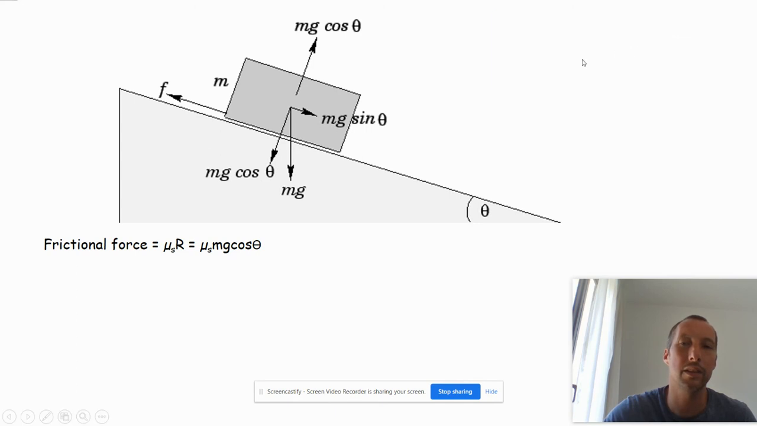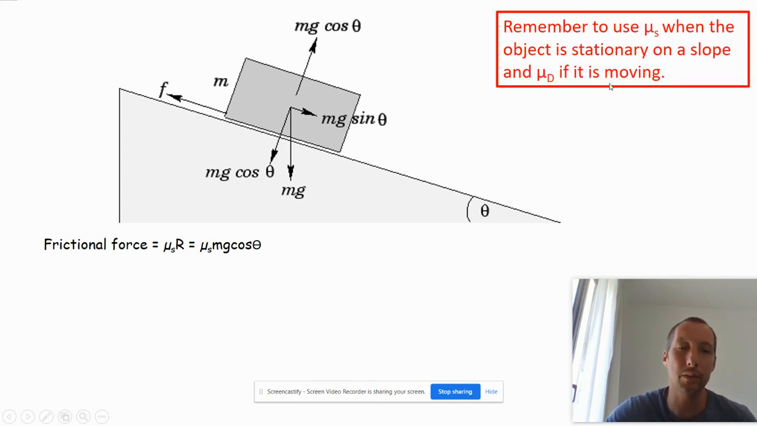Okay, now just as I do this, remember I've got to be careful which coefficient I use. At the moment, I'm going to assume that this object is stationary on the slope, because I'm going to look at how far I have to tilt the slope before it starts to move. So I'm using static friction because I want the object to be stationary up to the point at which we've made the slope so steep that it can't be stationary anymore and it starts to slip. So the frictional force is equal to mu s times R, and R is equal to